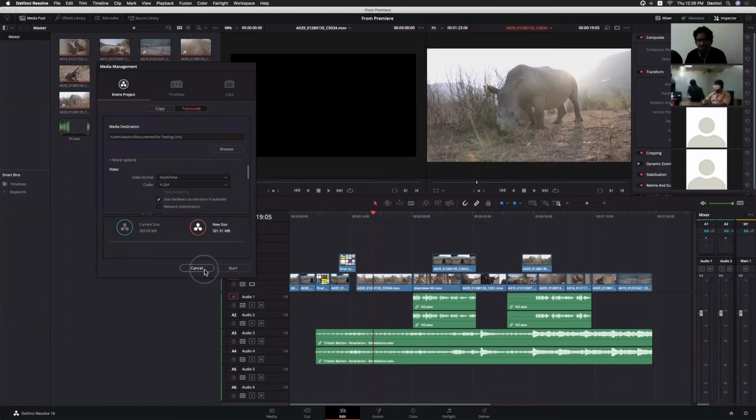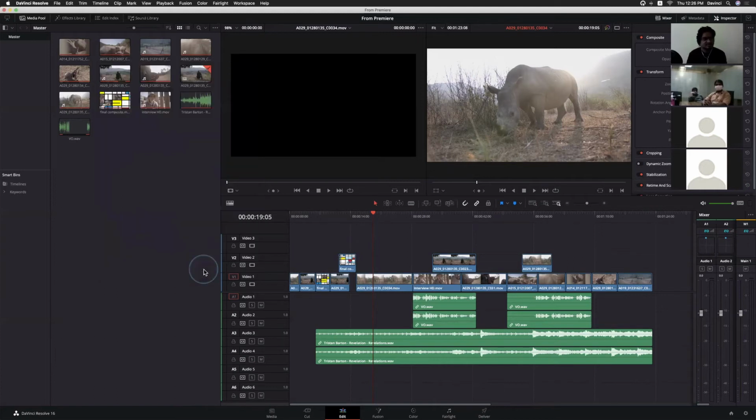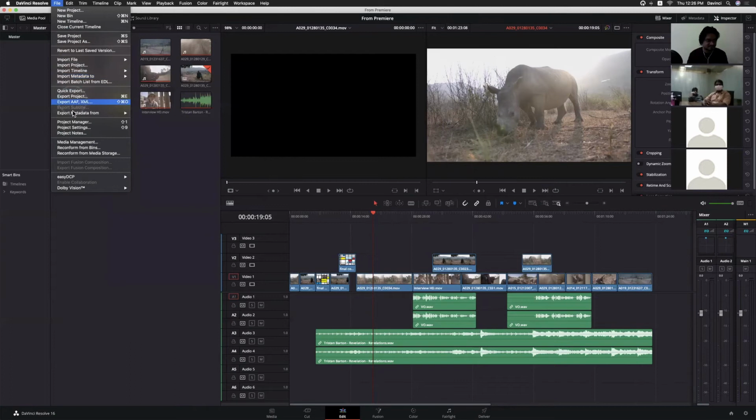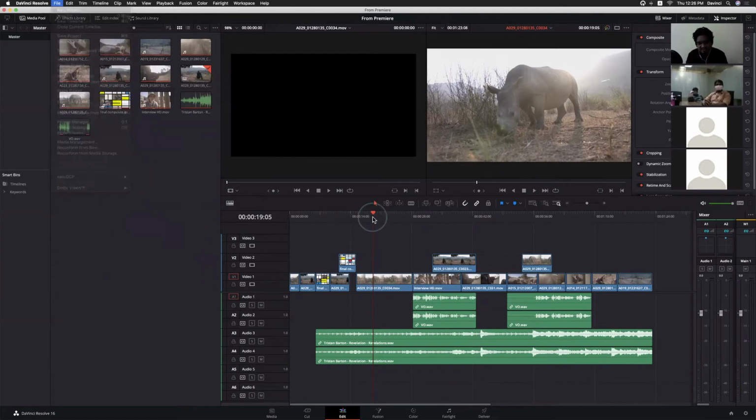right? This is all about media management. Okay, if you want to back up or consolidate your entire work, this is the option, media management. Okay, and if you want to simply export your project along with the media files, .drp.